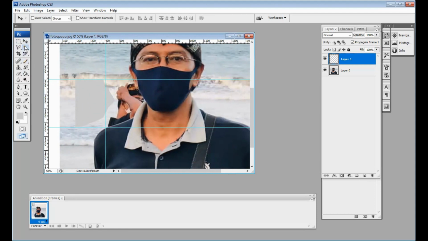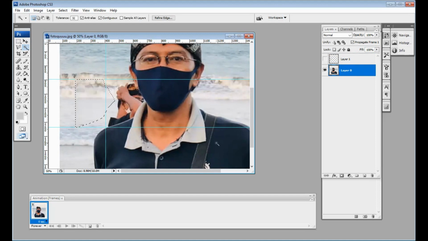I select the magic wand tool, click. Yeah, but I choose this layer 0. Yeah, choose layer 0. We'll see. Okay, this is the area.